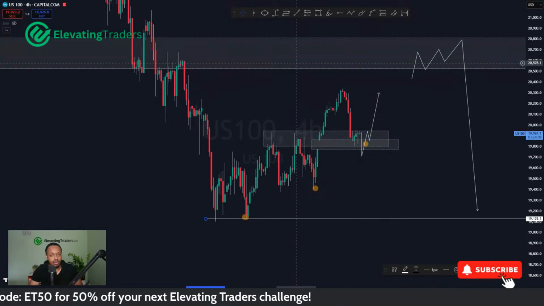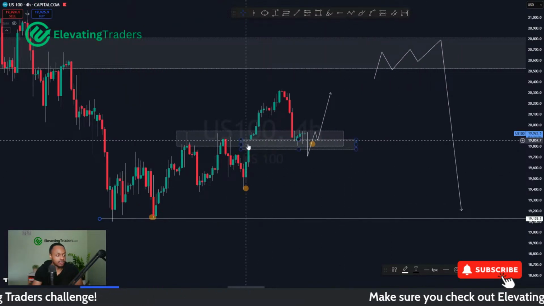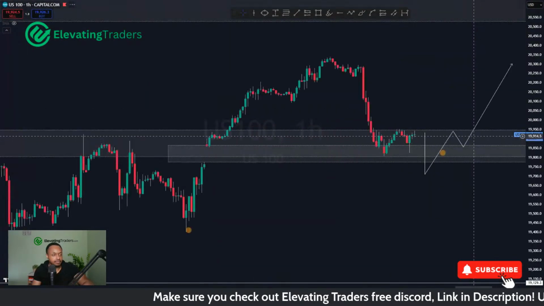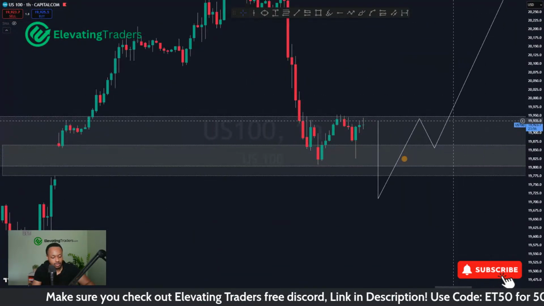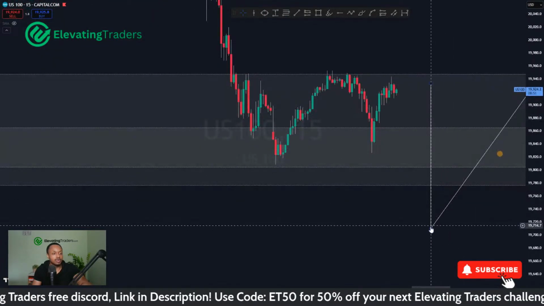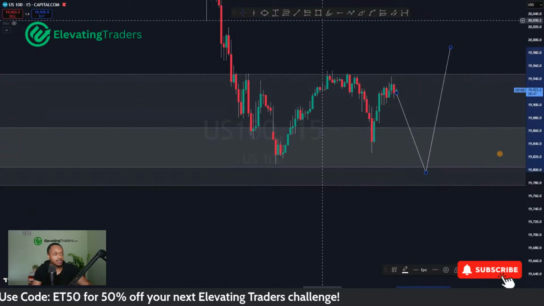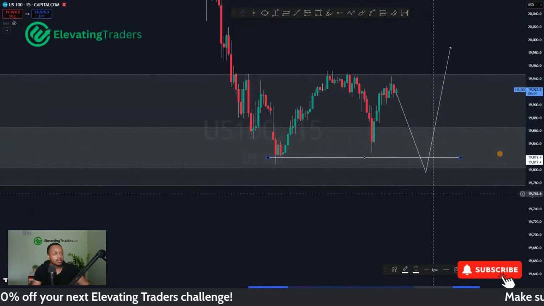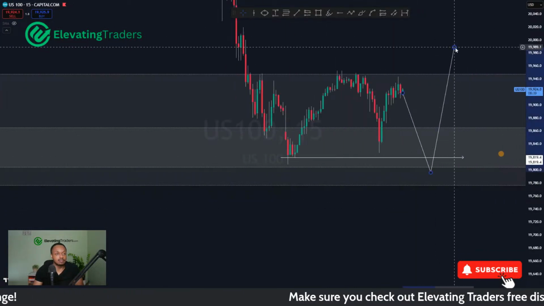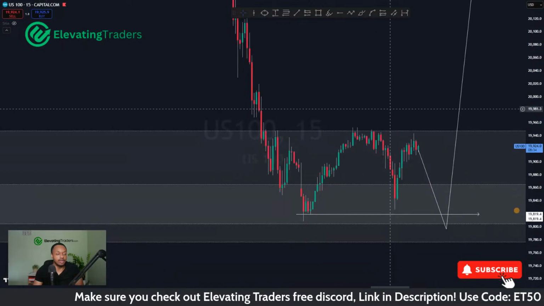So I'd be looking at some longs here for Nas. Anything around 19,800, 19,700, filling that gap on the left, I think is a nice place for a buy. On the lower time frames, we're very flat right now, but if we push back to the downside and spike the low, I think that would naturally be a nice place for a long, solid support down there. I think you'll be able to find a nice stop loss, nice entry, at least swing it back into resistance again. But I do think we can go a lot further than that.